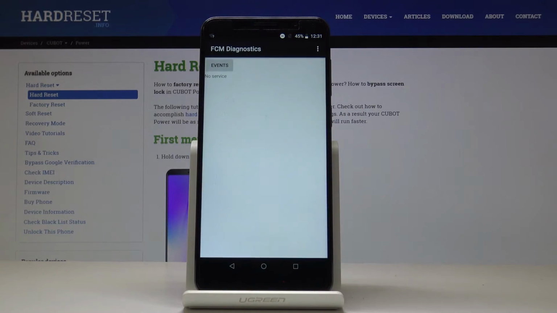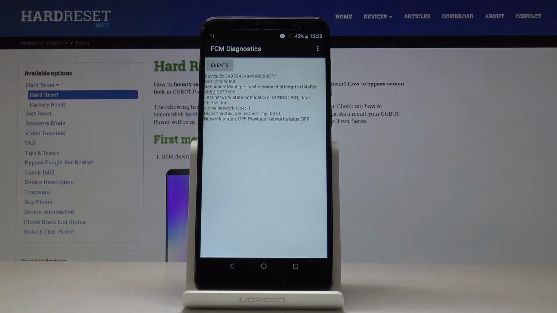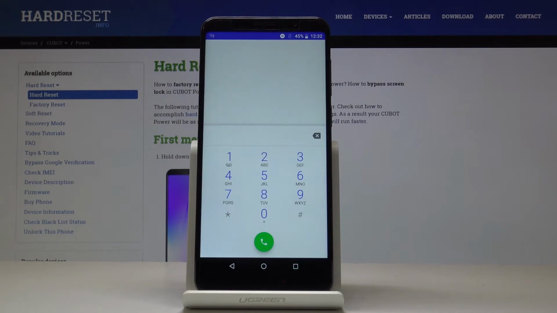*##426#*##. And now we are in diagnostic mode, where you can check events and status. If you click on the more icon, you can allow advanced view. So as you can see now, you can see way more advanced information here. Let's go back, and now it's time for another code, which is